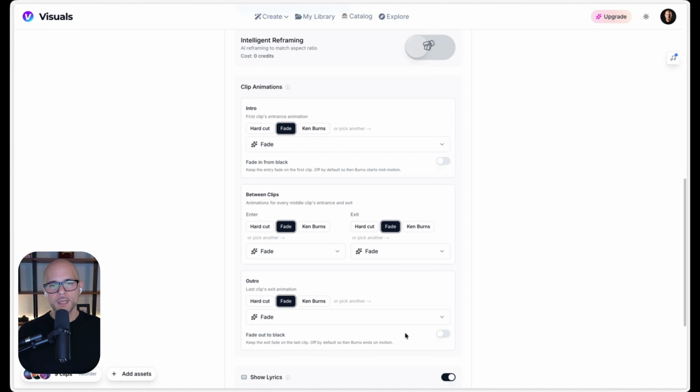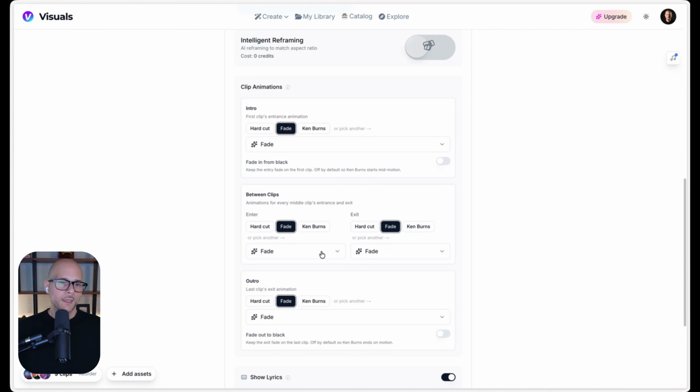We've disabled by default the fading in from black or fading out to black on that intro and outro. But now if you want it to fade, you could just enable it down here. So by default, it's off, and now you have total control. You can enable it, and now it'll fade in into black, or you could disable it and we will not